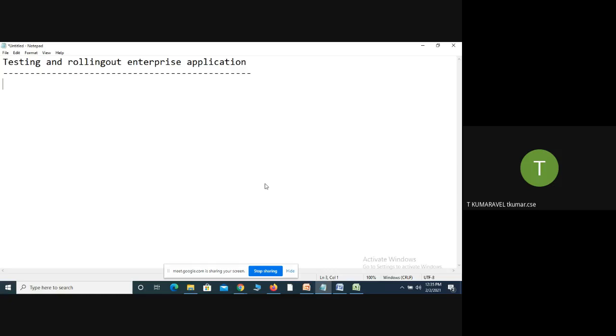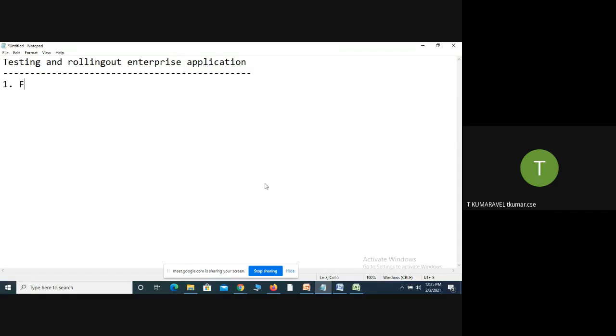Now you have the enterprise application, and within that you are going to apply different types and methods of testing. I'm going to list them out one by one.